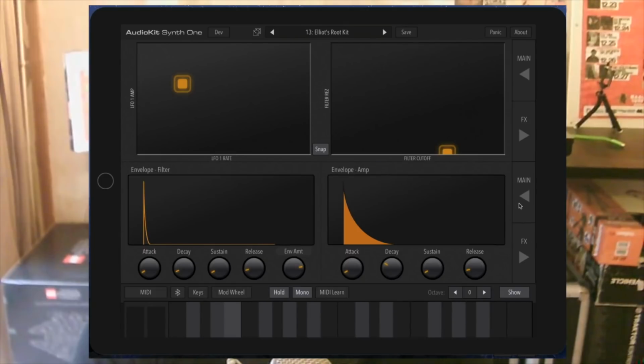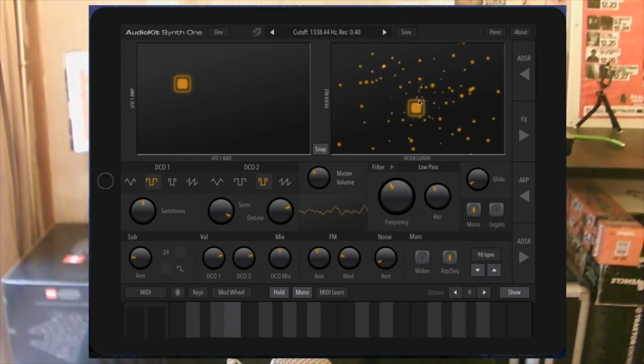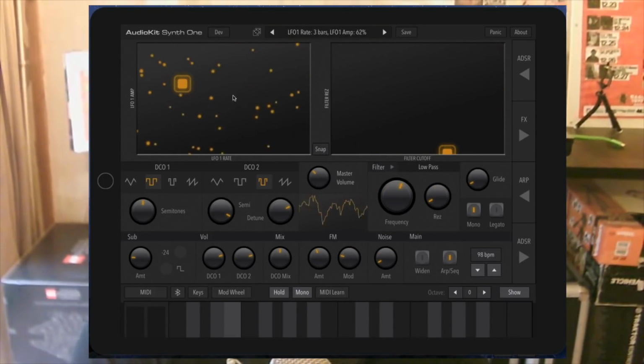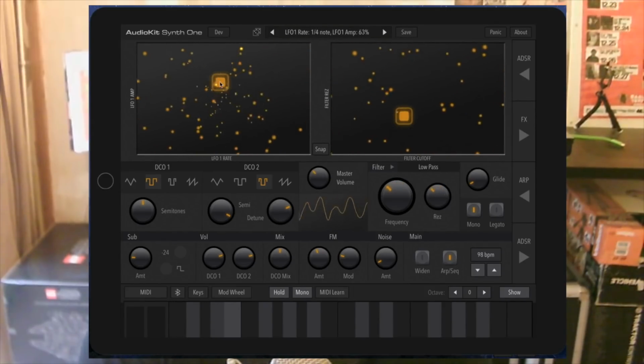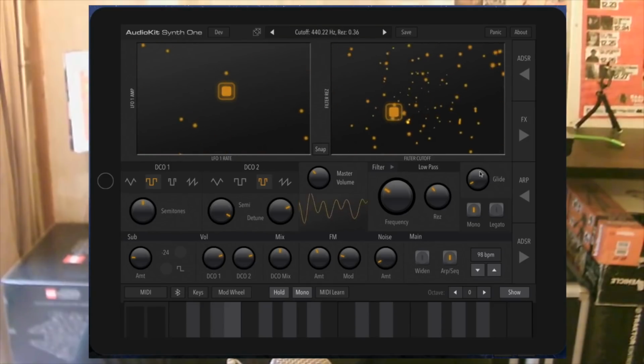Absolutely. And what you just said resonates with me. I think when it comes to building synths in particular, you should start with the oscillator and filter sound. If you have a great sounding oscillator and a great sounding filter, then everything else is kind of icing on the cake.